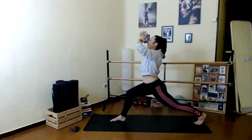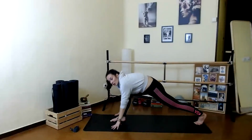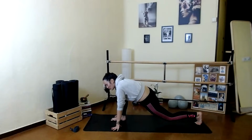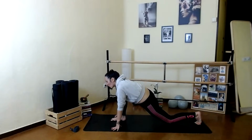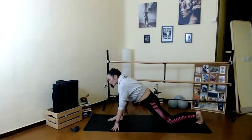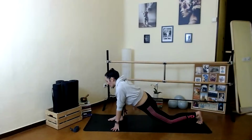Hands come back down through prayer, and they come on either side of the foot. Exhale, drop the knee down. Heel toe this front foot forward, forward, forward, forward. Making sure that that knee and that ankle are in the same line. And you can drop this into